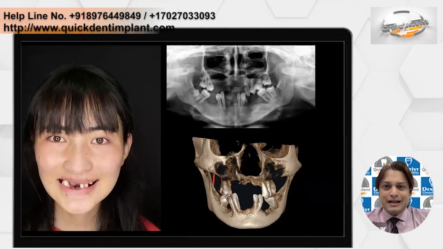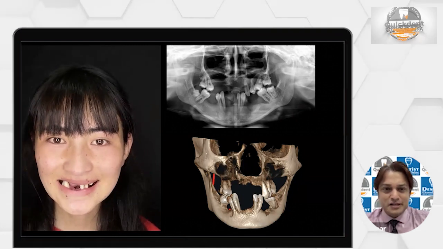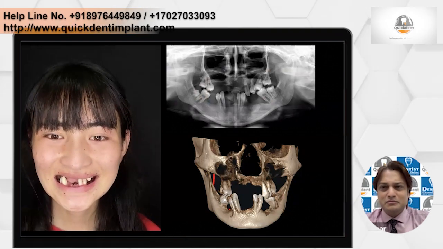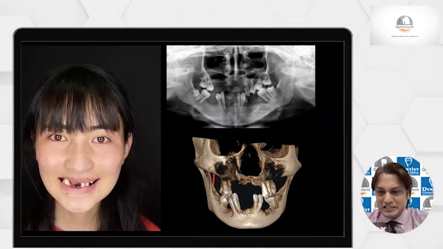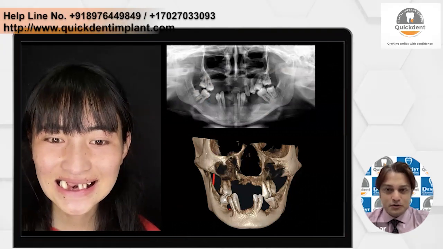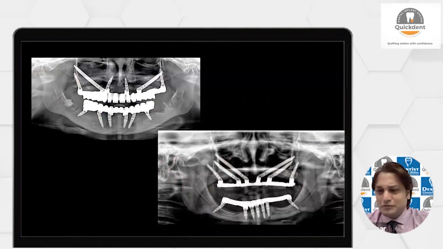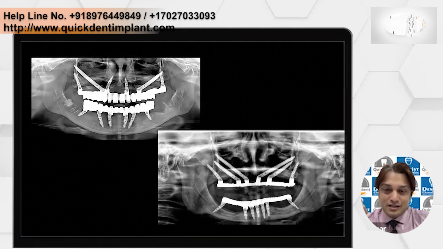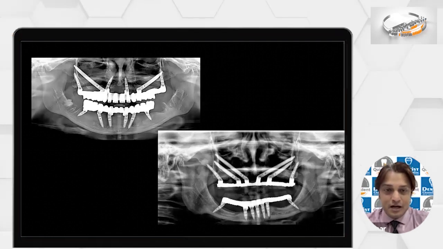Suppose a patient comes to you like this. You can see the x-rays, see the confidence and energy level, see our x-rays. She has totally atrophied bone, there is a lot of bone deficiency. It's not easy to restore such a case. However good a surgery you do, any heroic surgery, you do zygoma, you do quad zygoma, you do nerve bypass, whatever you do, what is the patient more interested in? The patient is more interested in the final outcome. Am I right? Are you getting it?